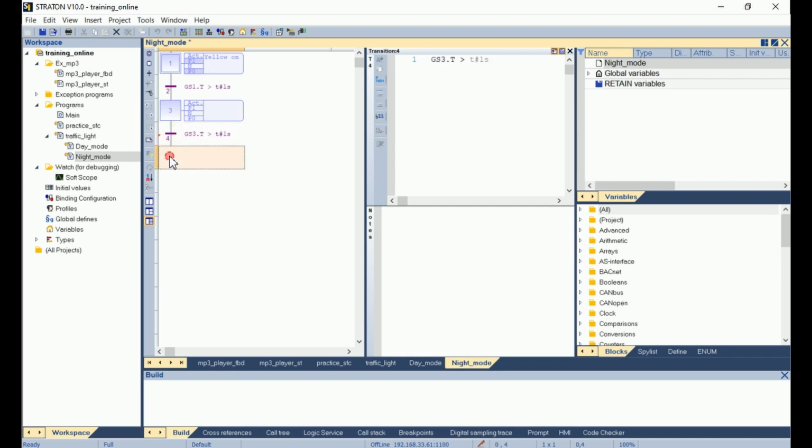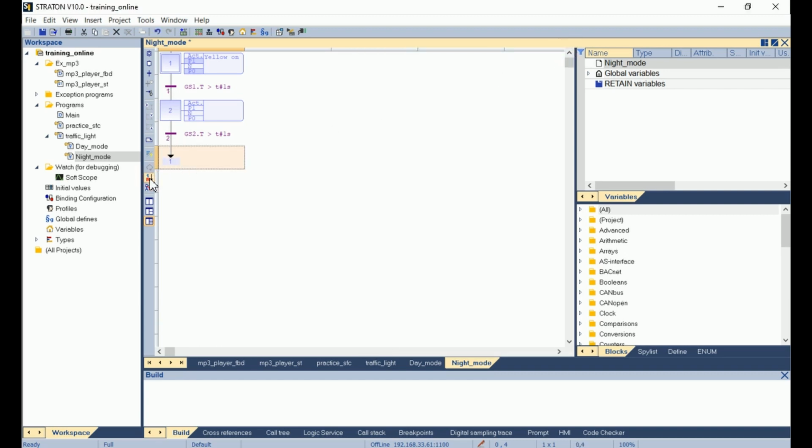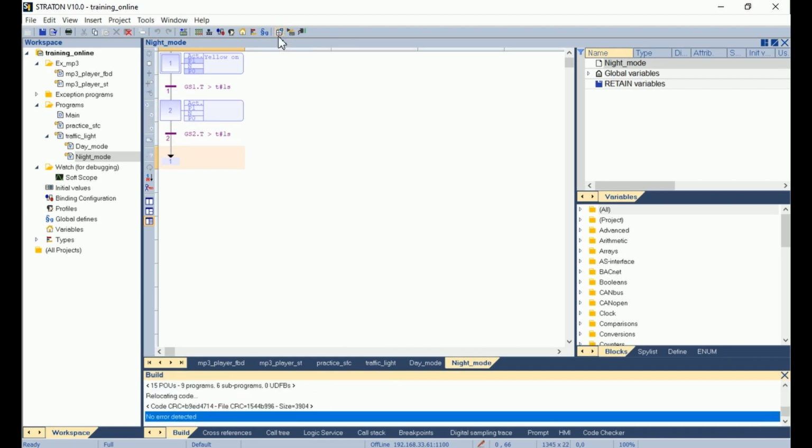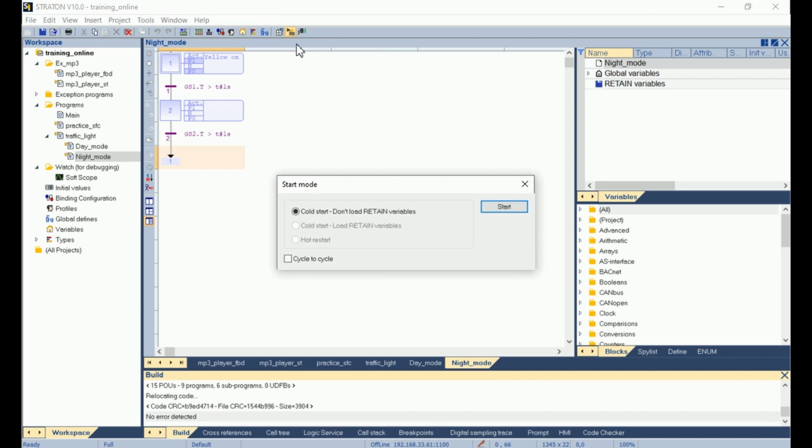And finally I add a jump to the first step to close the loop, and I can rememorize again. So now I build my project. I have no error. I can start the simulation.